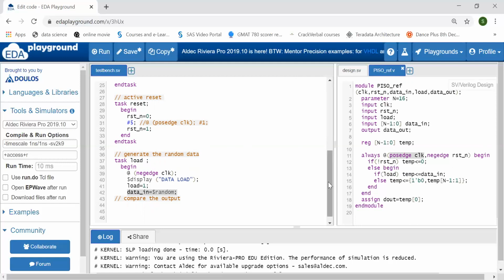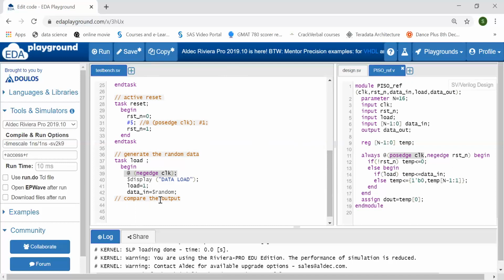Okay. So to avoid this race around condition, I am here writing @(negedge of clock). That means first the test bench data will change. Then, when there will be a positive edge of clock, the DUT will take the data. It means during the positive edge of clock, I am making all my inputs constant, so that my DUT can sample the signal properly. This is just to avoid the race around condition between the test bench and your design. In SystemVerilog, we have a programming block and a clocking block to do this.